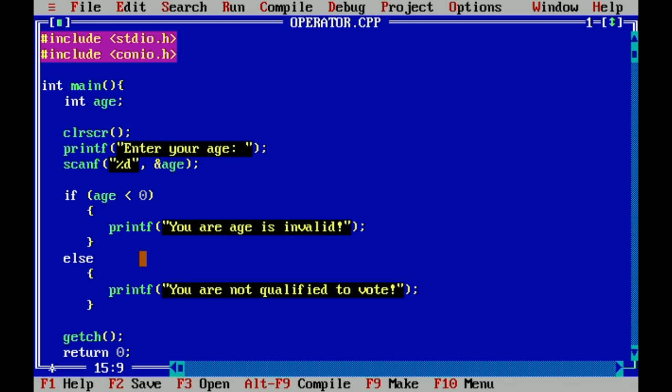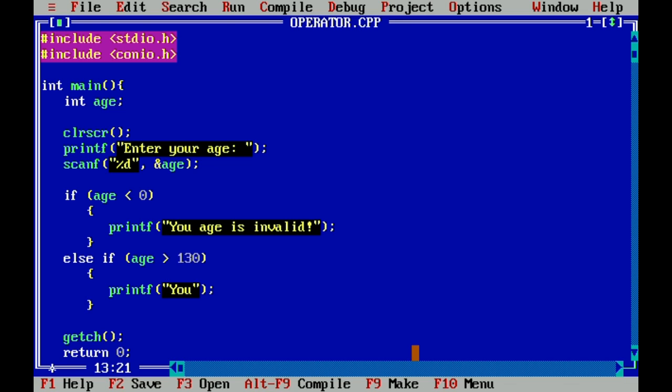you set another condition that if the age exceeds, let us say, 130, then we say that if the age is greater than 130, it should be, your age is, let us say, impossible.